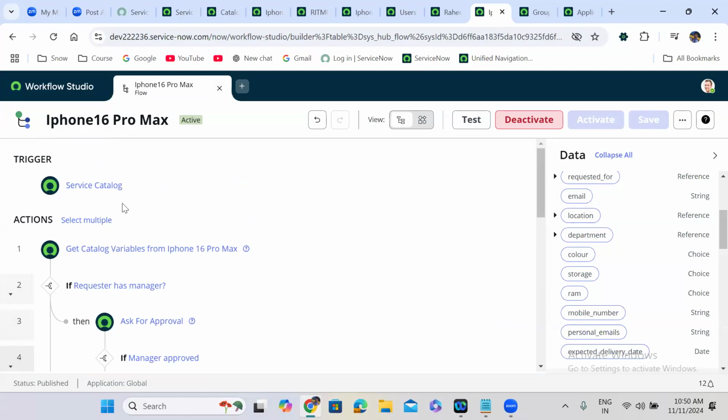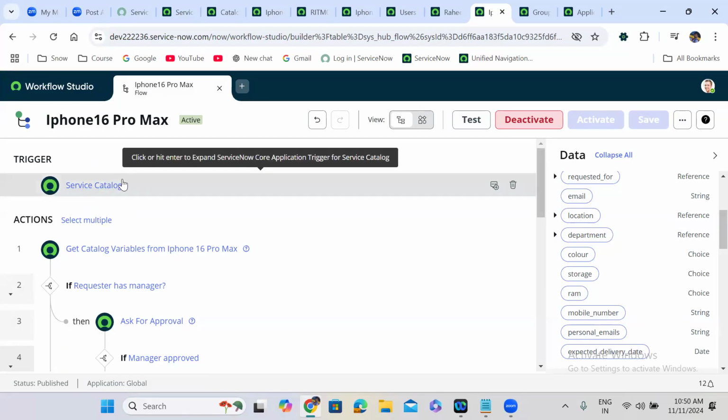So that is how flow designers will work in ServiceNow, guys. This trigger is only available in the flow designer. This trigger is not available in the action. This trigger is not available in the subflows. In the actions, you have inputs and outputs. Action is a set of steps. But the subflow will have inputs and outputs. It will not have a trigger, and it is actually